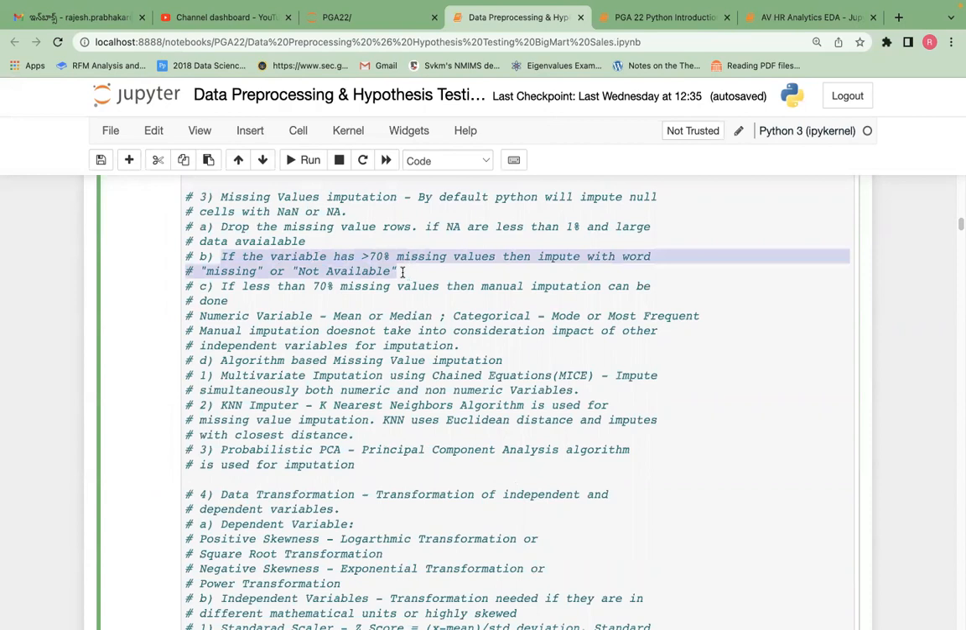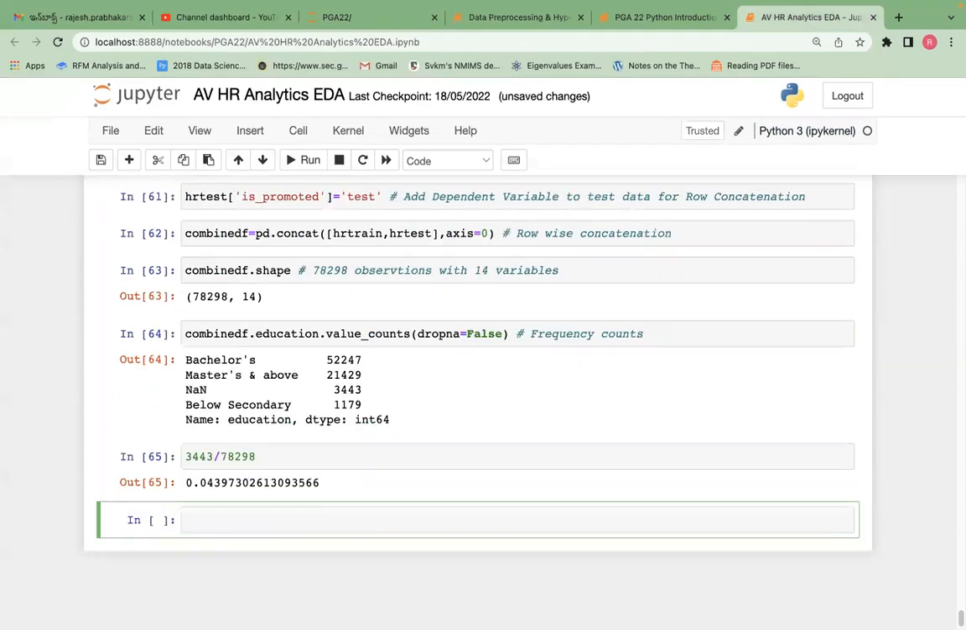If the variables have greater than 70% missing values, then impute with the word missing. So do we have greater than 70% missing values here? No, sir. We don't have greater than 70% missing values here. We have only 4% missing values. Already bachelor's is a very large segment. There's a huge difference between bachelor's and master's, which is around 31,000. By adding these 3,443 missing values with the word bachelor's, will it make any difference? No. So here we will impute